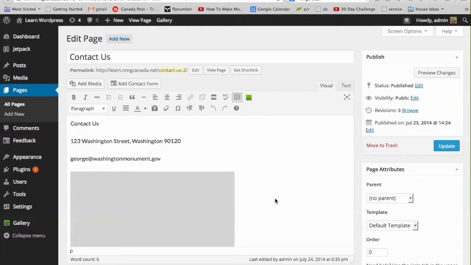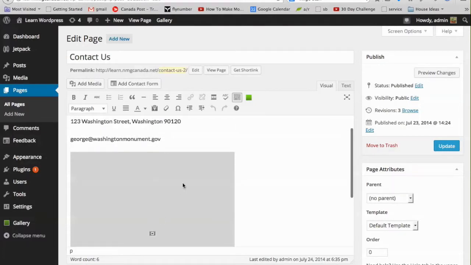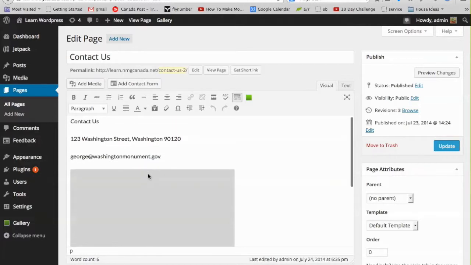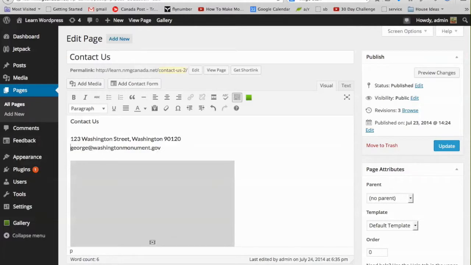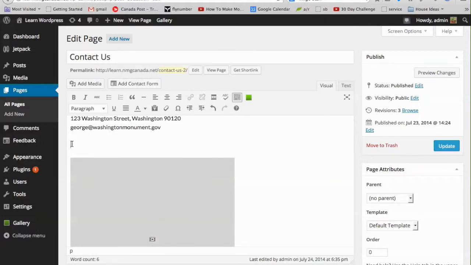We're back on the contact page, and this time what we're going to do is create a little contact form. We're interested in putting it just above our map and just below our contact directions. So we're going to create a little bit of space with carriage return. We get our flashing cursor, and we're going to go to the Add Contact Form button beside the Add Media